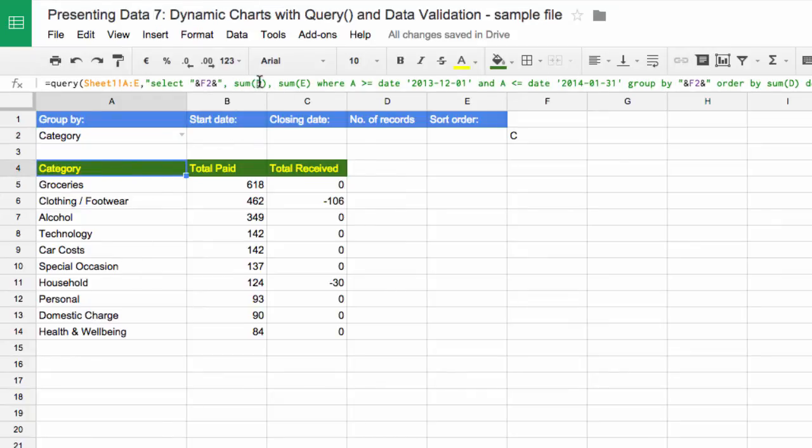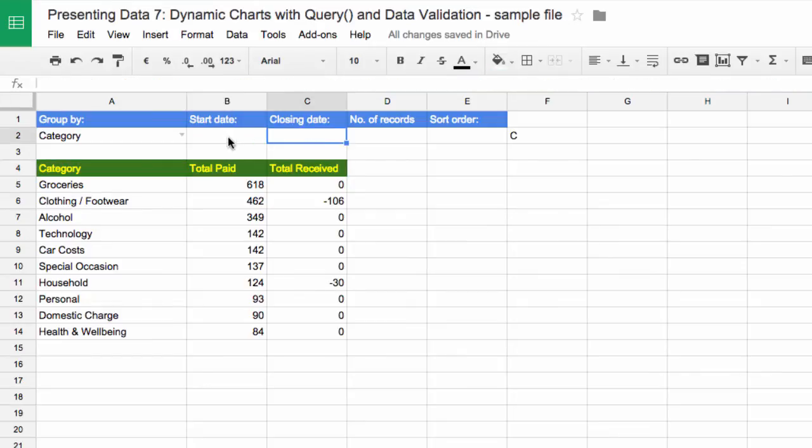The next update I want to do is the dates. I can ignore changing these column references, the D, E, and A, because they are never changing and they'll always be fixed. But I want to change these dates here to be dynamic. Now the dates are taken in year, month, day order, which is not particularly user-friendly in that people aren't used to entering dates in that order. So I want people to be able to enter dates in the normal fashion and then somehow change the date to a text. So if I put in 2 candidate dates, what I can do is over here